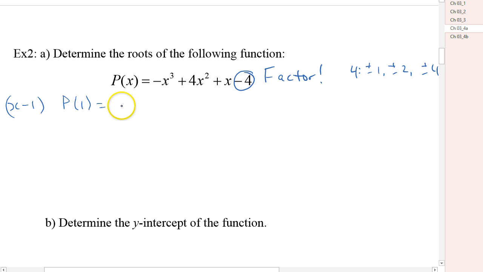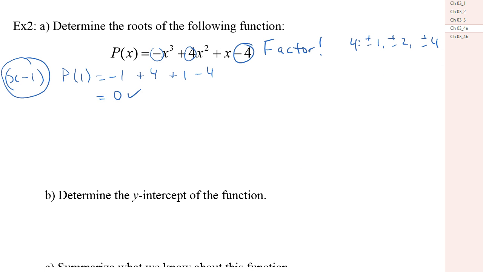So it's nice to do a positive 1 because all I have to worry about is these coefficients. It's going to be negative 1 plus 4 plus 1 minus 4, which is equal to, hey, 0. I got one right away. So I know that negative 1 is a factor. Instead of carrying on and doing the rest of these, I'm going to use synthetic division to factor out the x minus 1,